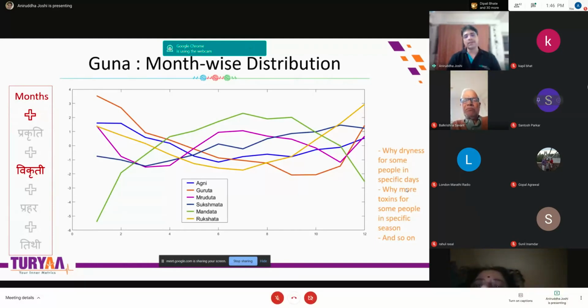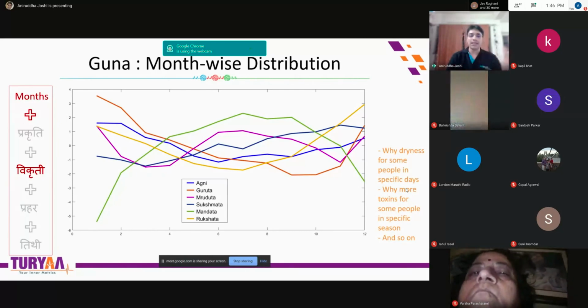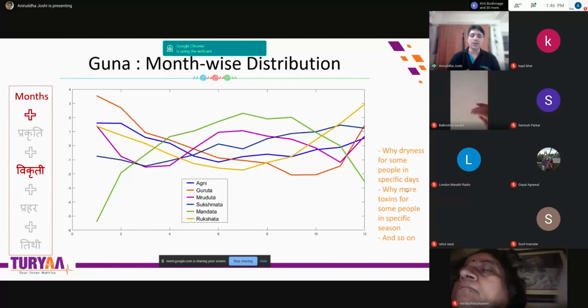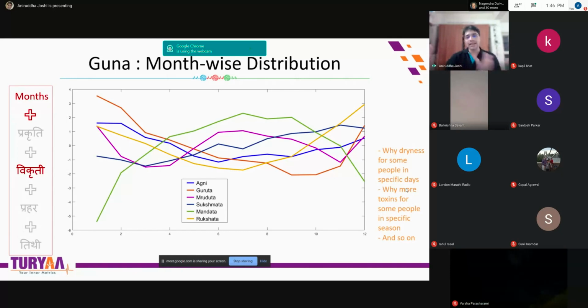But you can observe why certain people have dryness of skin in certain seasons, why certain people think in the morning, why certain people like me think in the evening. Most of my coding happens at night. In the morning when I sit, I am not able to concentrate, and so on. So we can observe such patterns: I'm so-and-so person in the morning, so-and-so person in the evening of October, and so on. If I know that, I can take corrective actions a month before.